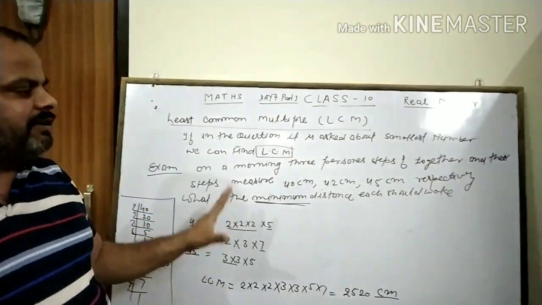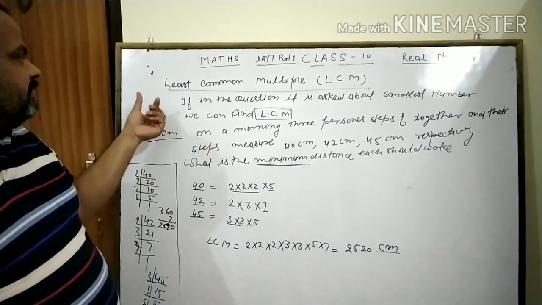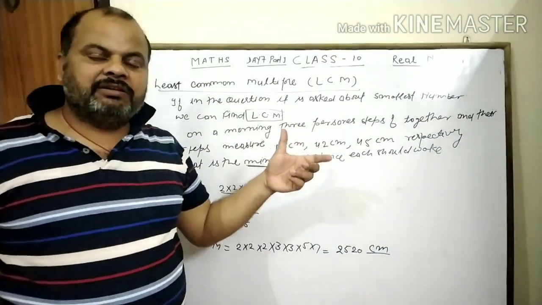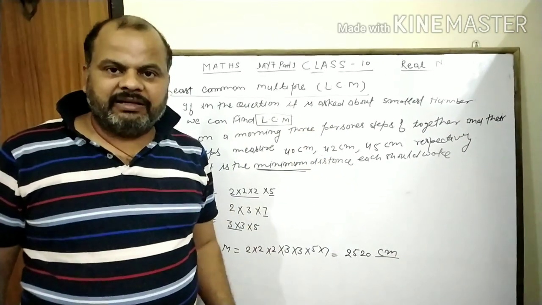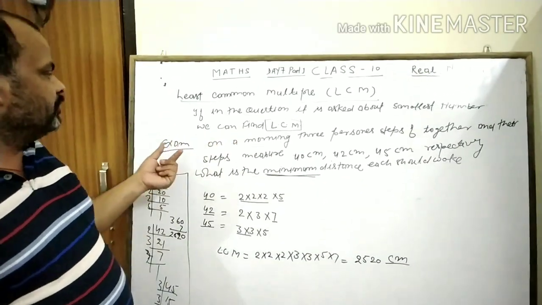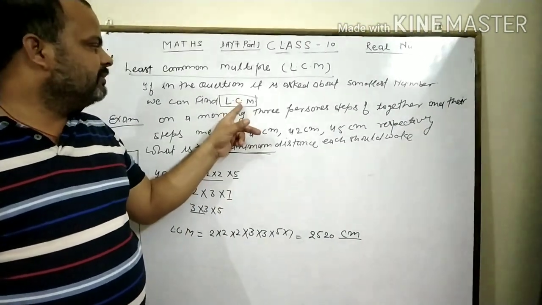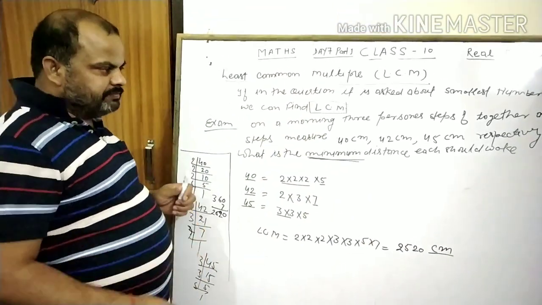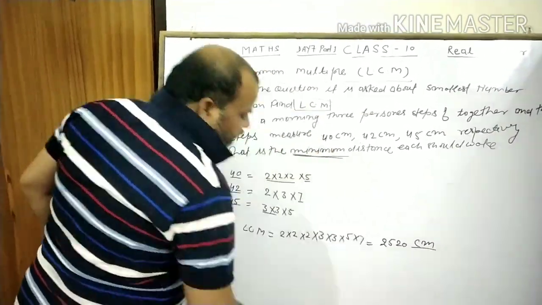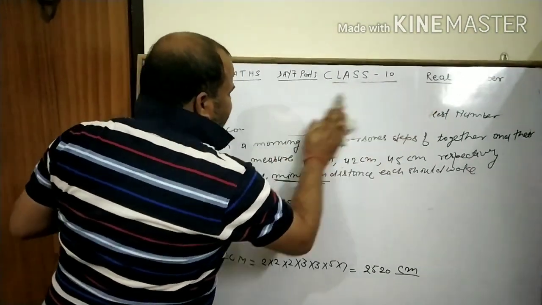Then in our final conclusion, if the question asks to find the greatest, maximum or highest, then you find the HCF, and if the question asks to find the minimum or smallest, then find the LCM. Clear? Okay. After this we will discuss a relation between HCF and LCM.